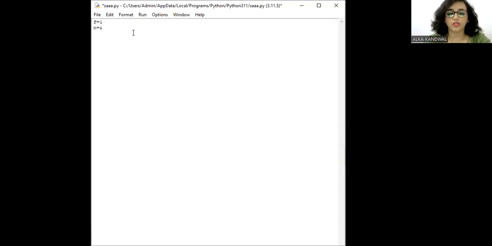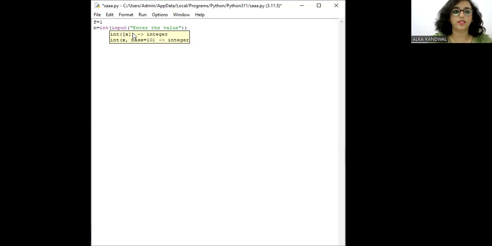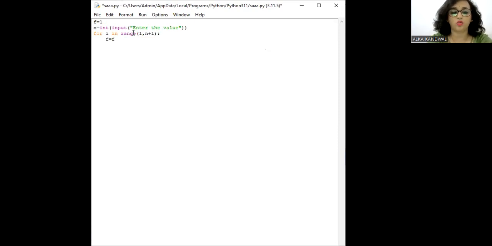Let us ask n from the user, int input. Yes, input, and then enter the value, and then this is closed and we got this one, and then f हो गया. फिर हम एक ले लेंगे for i in range, बताइए 1, n plus 1, bracket close, colon, be careful about the indentation, and if I say f is equal to f multiplied by i, okay,